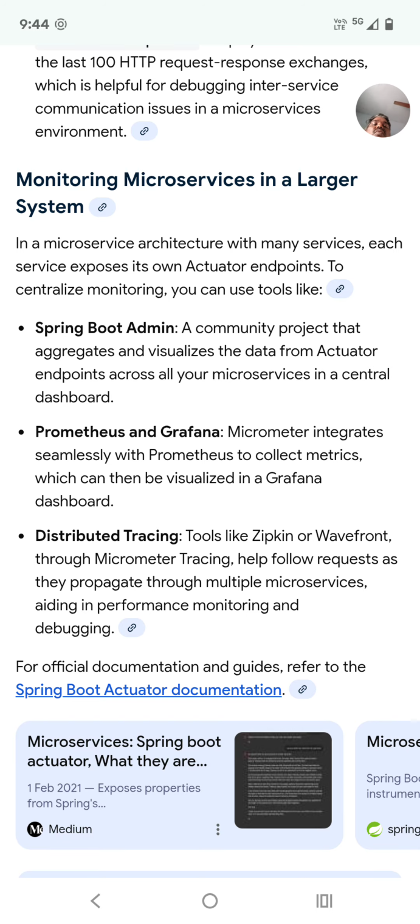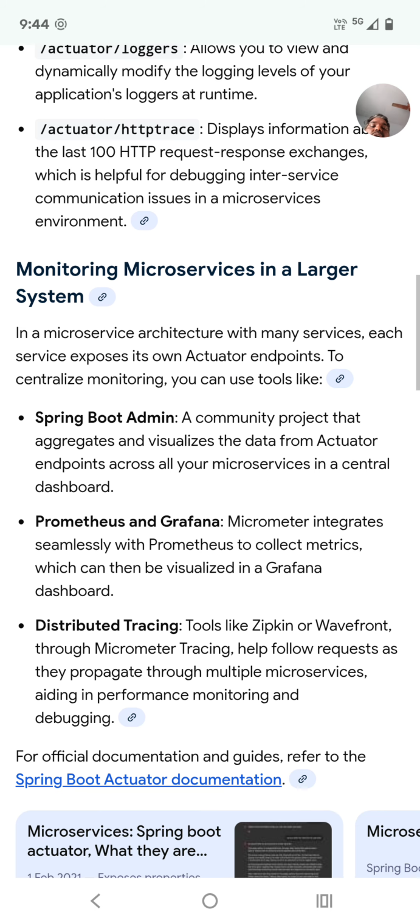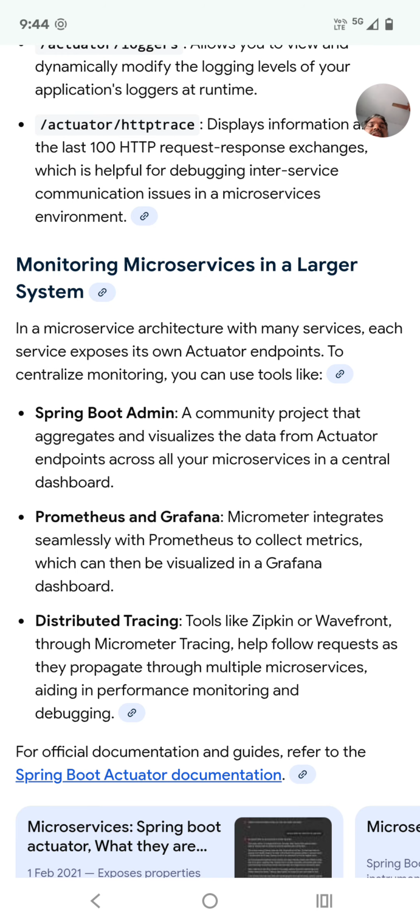So as I told you, for each individual service we will enable the actuator, and we want to centralize all these details into a single dashboard, right? How can we do that? We have many